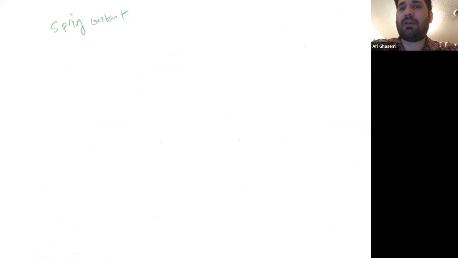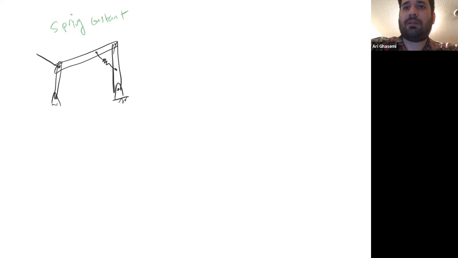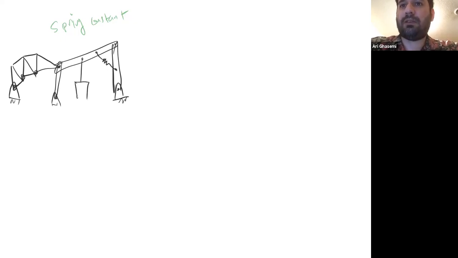So this is your complicated system. Let's draw a fairly complicated system. And then you've got some spring loading here, and then there is another truss here, and one hanging weight here. So if I put a load here